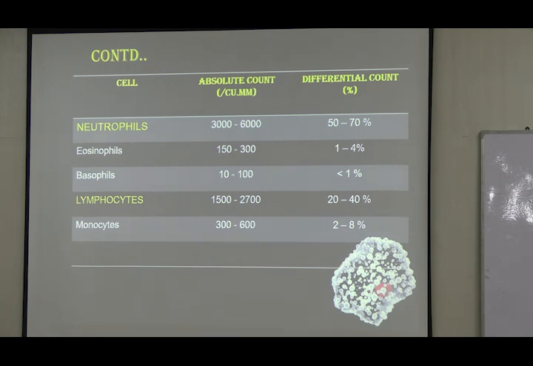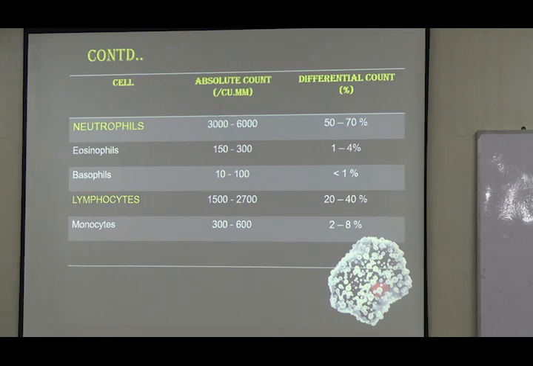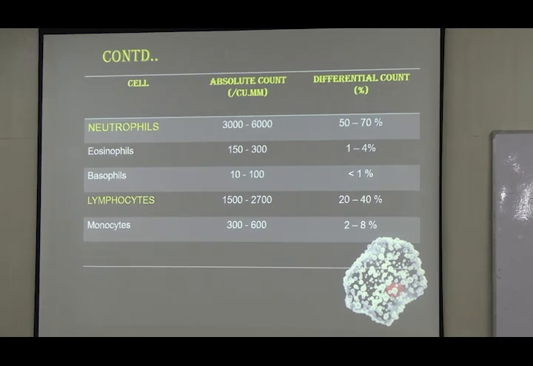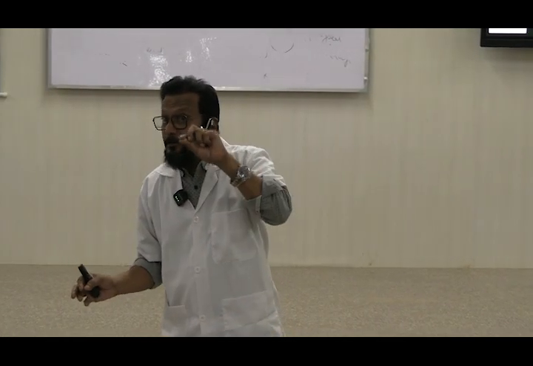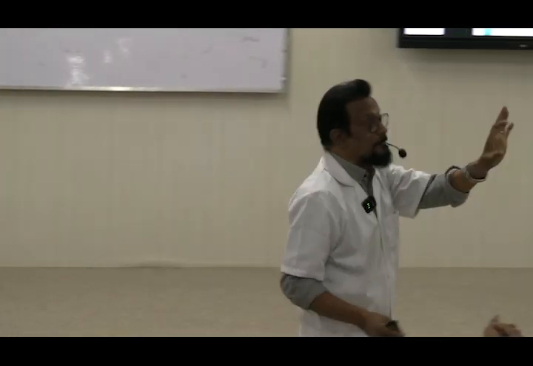What are these? Neutrophils, basophils, eosinophils, monocytes, lymphocytes. So first, all the WBCs will be classified according to the presence of granules